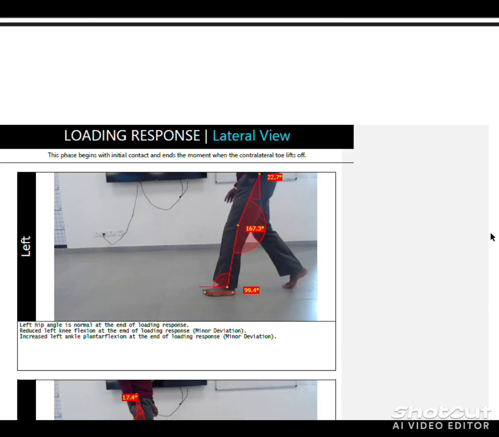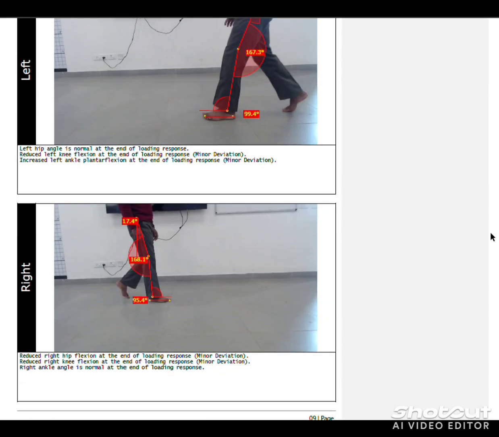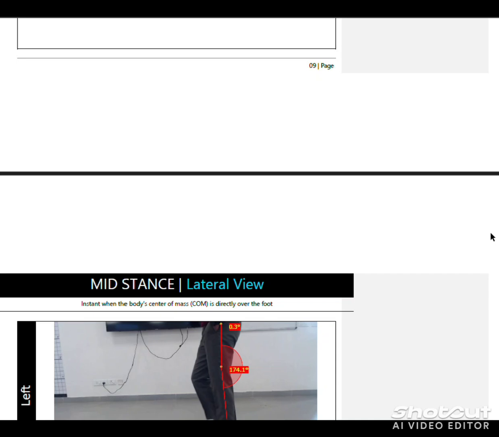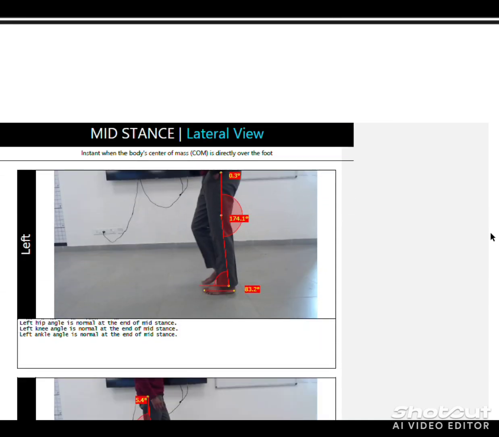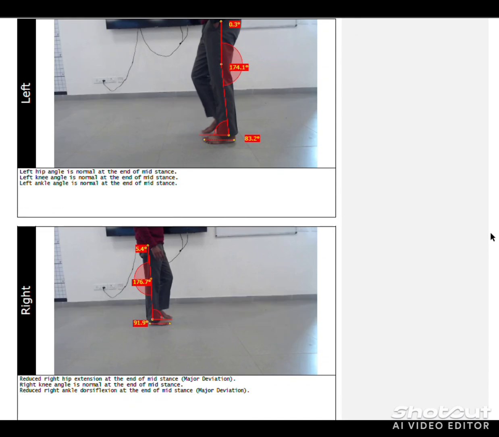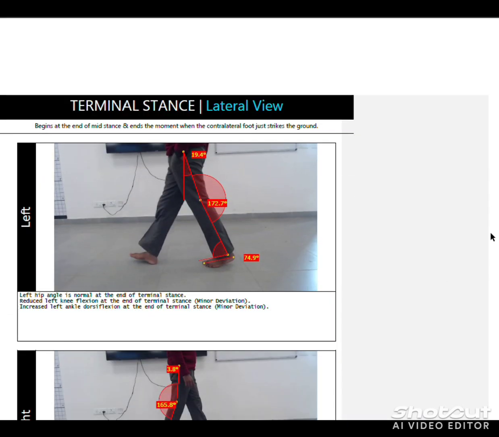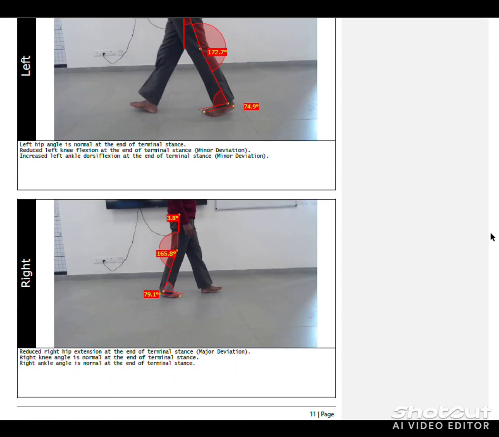This is the loading response of lateral view, left and right. And this one is your mid stance lateral view of left and right. Your last one is terminal stance of lateral view, left and right.